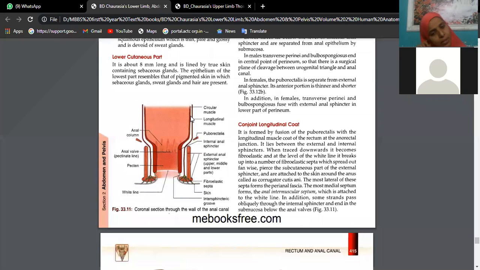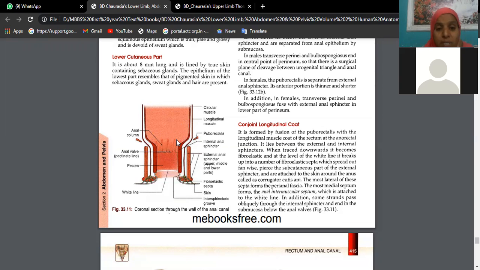In case it has any peritoneal covering, you call it serosa. Otherwise, we use the word adventitia. Now coming to the mucous layer, in the upper part we have columnar cells, and in the lower part stratified squamous keratinized epithelium. Outside, true skin, stratified squamous keratinized type of epithelium. That is the mucous part, the most interior part, below which we have the submucous part,